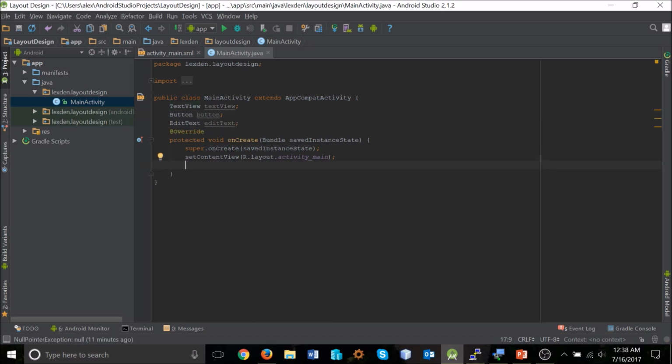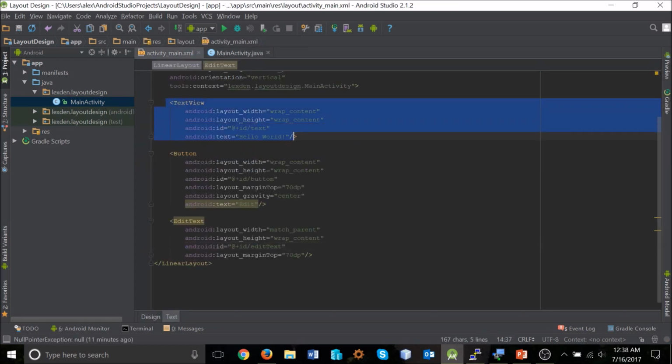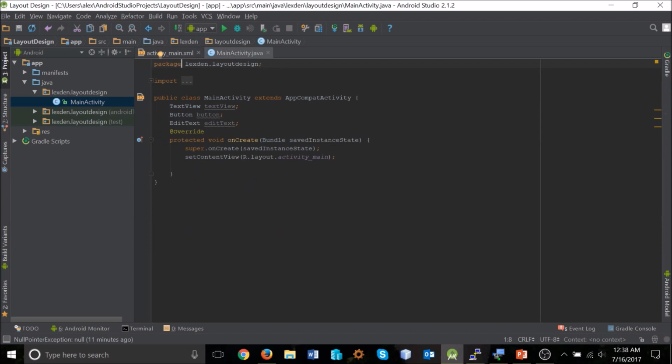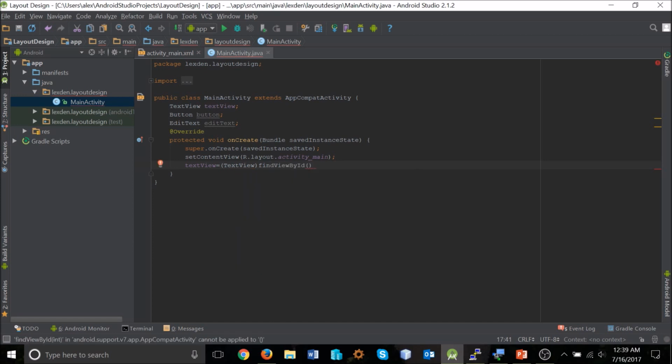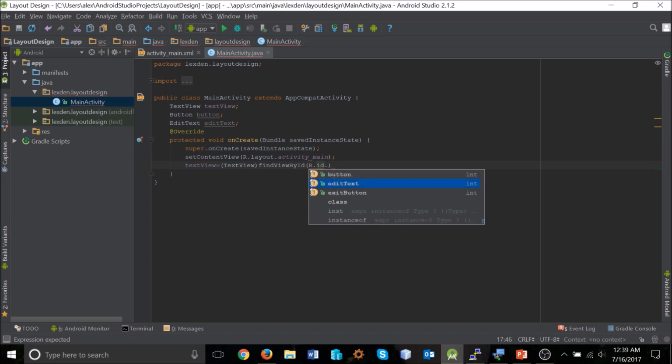But we need to make sure that we have the text view right here corresponding with the text view in our activity_main.xml file. So that is onCreate. We'll have our textView equal to, and we'll cast it to a TextView, and we'll use a method called findViewById right there, and we'll pass it R.id. and it'll be text,